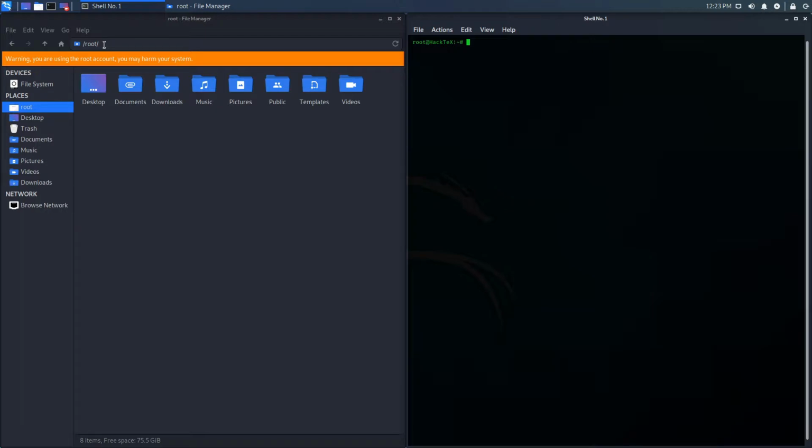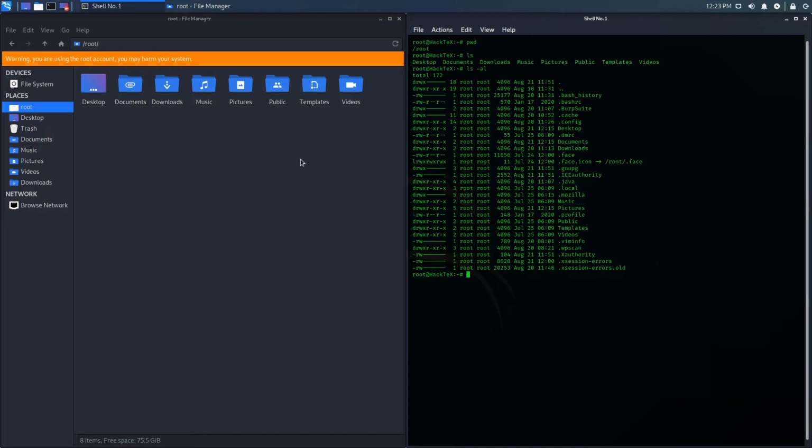Let's start with the first command, which is pwd. What is pwd? It shows the current working directory. For example, if I type pwd and press enter, it will show you which directory you are in. Now if you want to see all the directories in the root directory, you can just type ls and you will get all the directories in that folder. As you can see, there are many directories such as Desktop, Documents and many more in the root directory. And if you also want to see all the hidden files and properties of the files, you can type ls space -al. As you can see, hidden files are not visible, but using -al we can see hidden files.